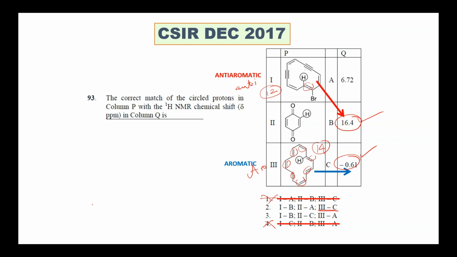So 3 will be C. So option 3 is gone. So answer is option 2. And this is an alkene system which will come around 4 to 6, which is 6.72. So 2 will be